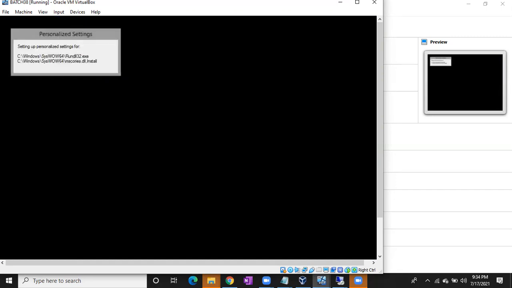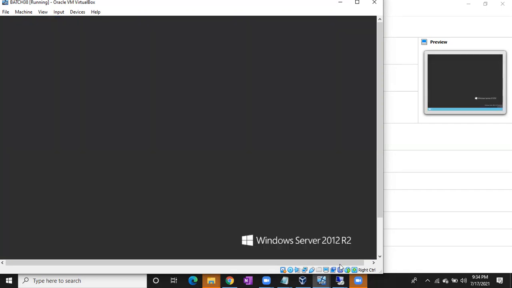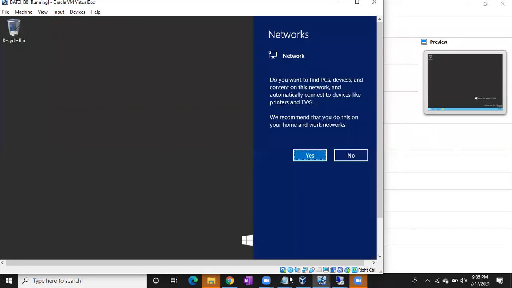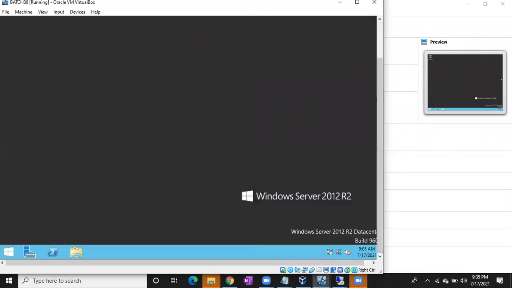Right, now everything is ready. We have to set up remote connections. It will take just 2 minutes, then we are going to close the session for today. Once you log into the server, you will get this kind of network screen. Just click on yes, and it will direct the internet settings.